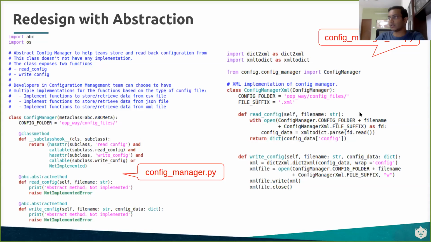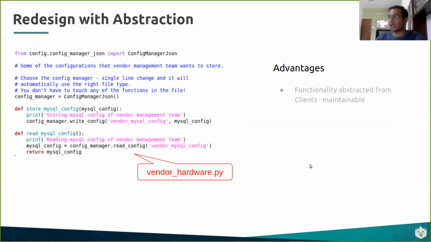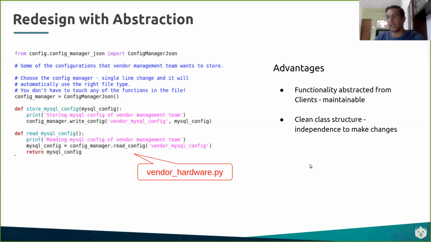Any changes that the config manager XML team wants to make to its handling, it can do internally without impacting any of the clients. So the client interfaces remain the same, which is exactly abstraction. When the clients need not worry about what is internally being done, that is abstraction.